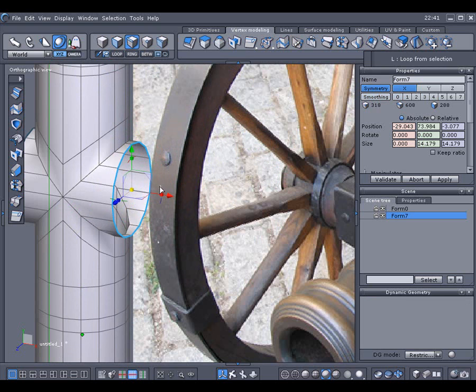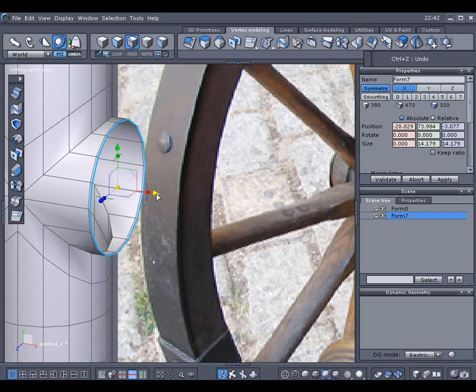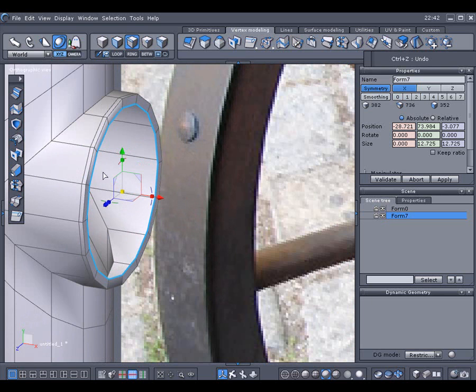And what I'll do is I'll hold the control key down and drag in just a little bit. Control Z that. Let me just go ahead and drag out once like this, then drag it in like this. As you can see, I'll end up having 3 edges real close to each other. It'll give a nice sharp edge. And I'll bring it down